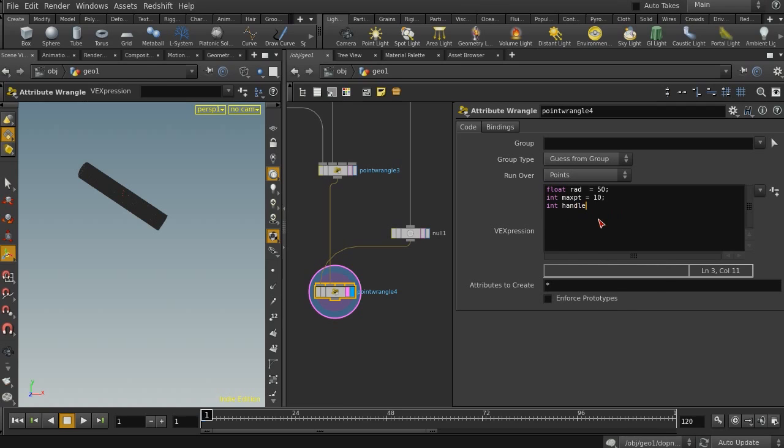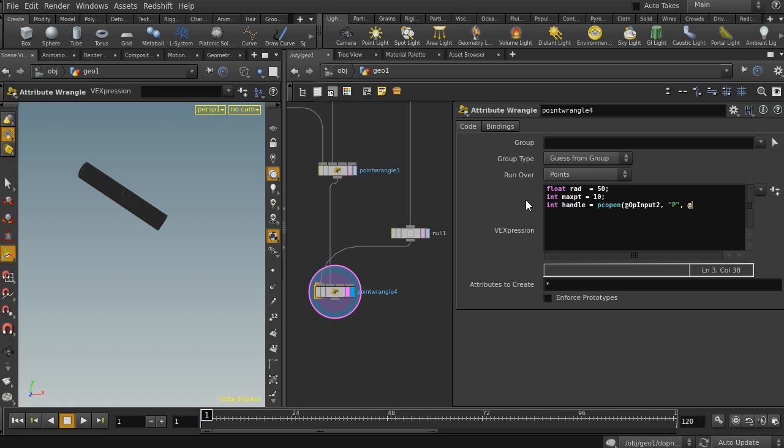and let's open our point cloud, pcopen, and the texture should be our second input because it is our template geometry. So let's choose input 2, and the position variable is P, and the variable is @P within the maximum radius and using maximum points. And we have to use pcfilter to